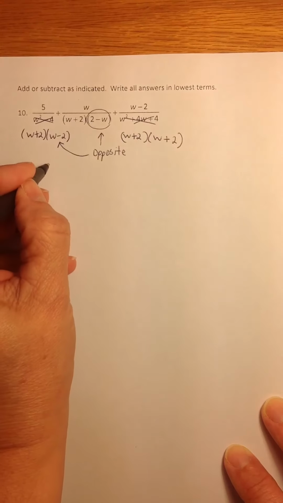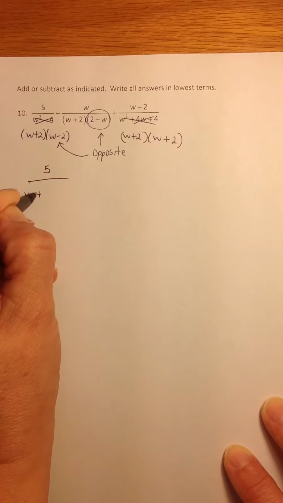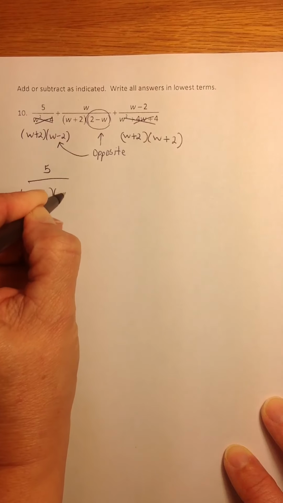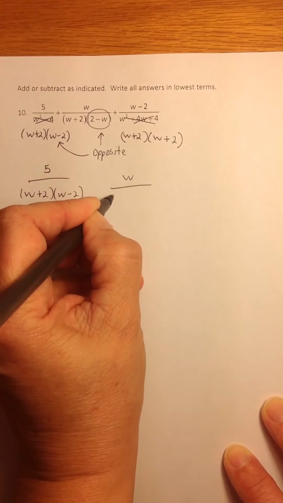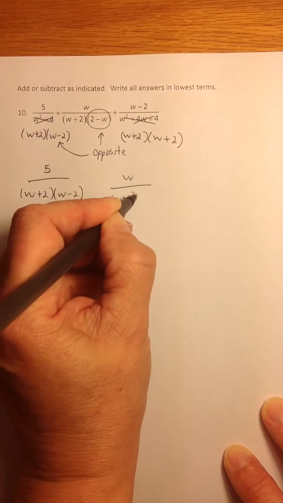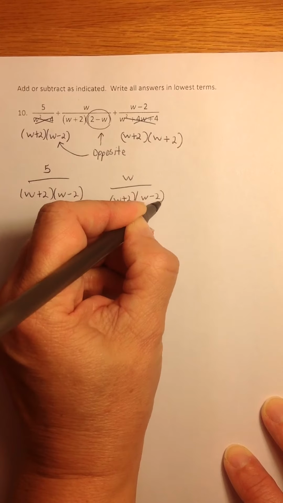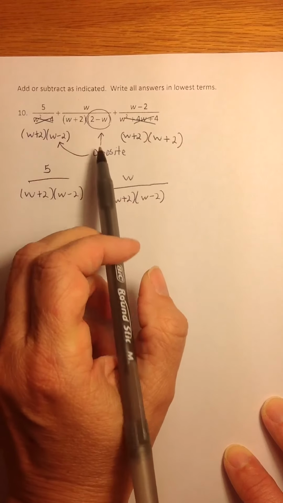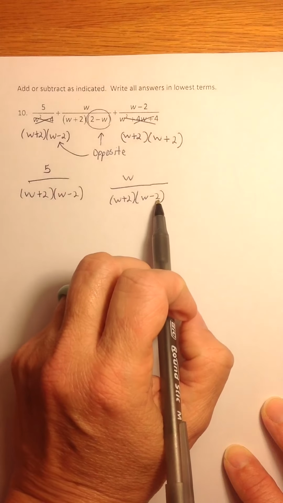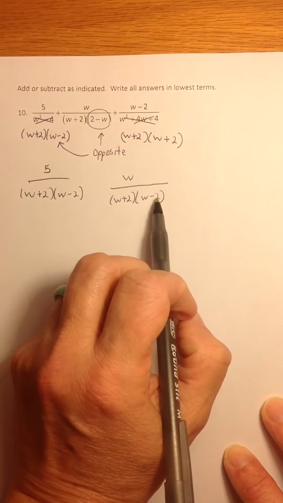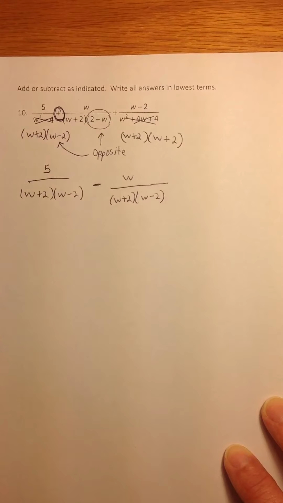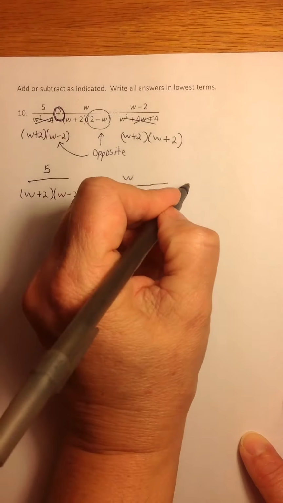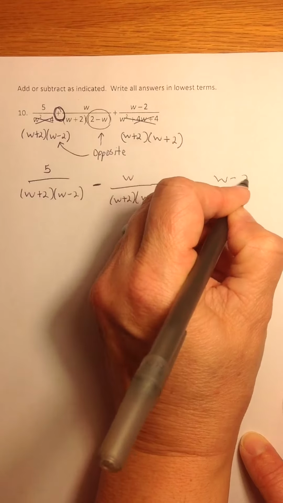So here's what I'm going to say. 5 over w plus 2, w minus 2. This is w over w plus 2. I want this to be w minus 2, but it didn't start out that way. I wrote an opposite down, so this sign has to change to subtraction. The other one I'm just writing,